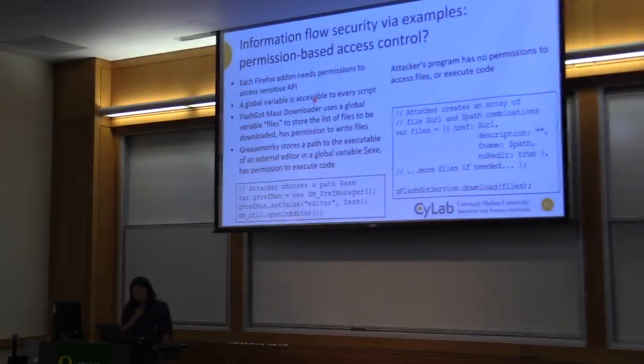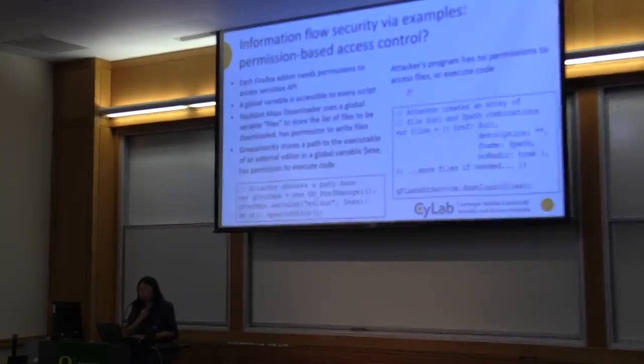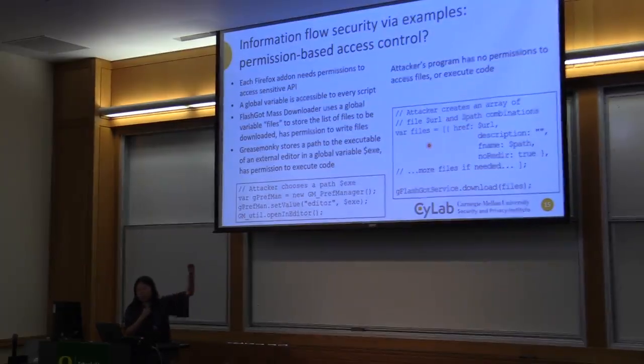Let's see. The left actually should be set up first. Sorry, this is JavaScript code. So let's see the right side first. Once these apps are installed, anybody can call their API, right? It doesn't have to be a programmer clicking through to do stuff. Another app can also call the API provided by these two apps. So these two boxes are the attacker's code. The attacker's add-on requires no permission because it doesn't directly access anything. They just want to use existing apps, right?